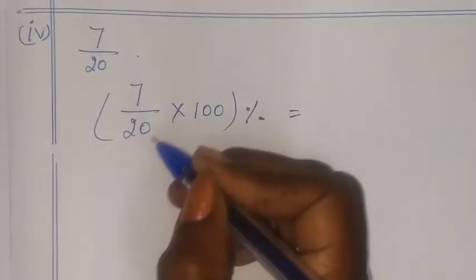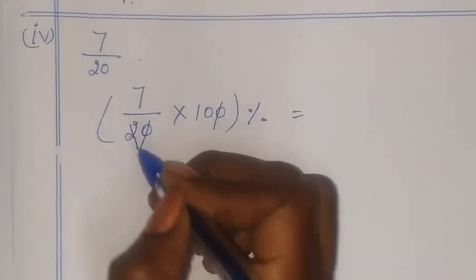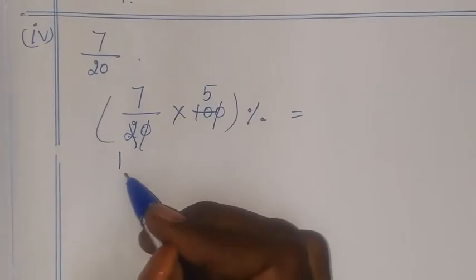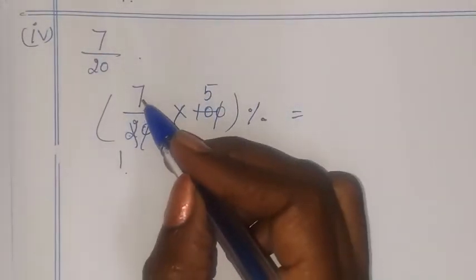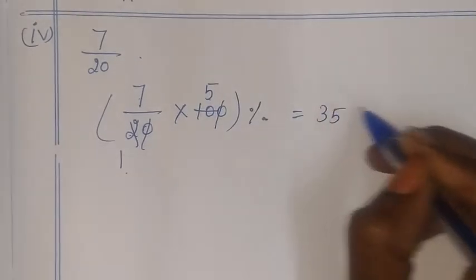So this is equal to, 0 and 0 will get cancelled. Now we can simplify it in the 2 table. 2 ones are 2, 2 fives are 10. That's all. When we get 1 in the denominator, the simplification was over. Now we have to multiply the numerators and write it as the answer. So 7 fives are 35 percentage.